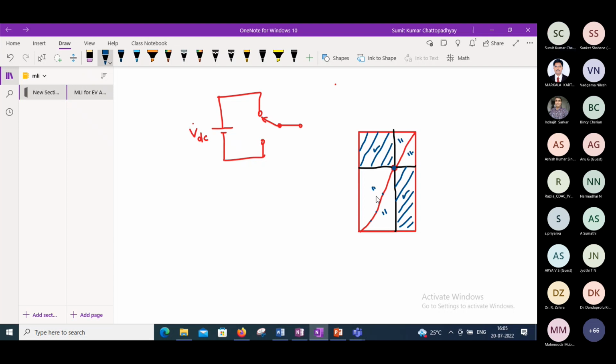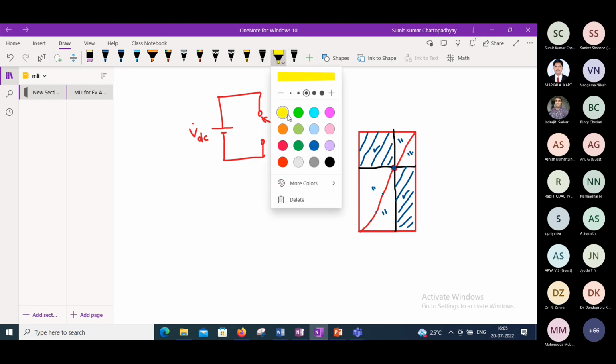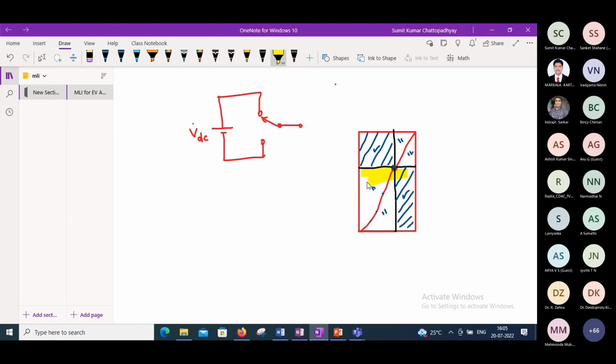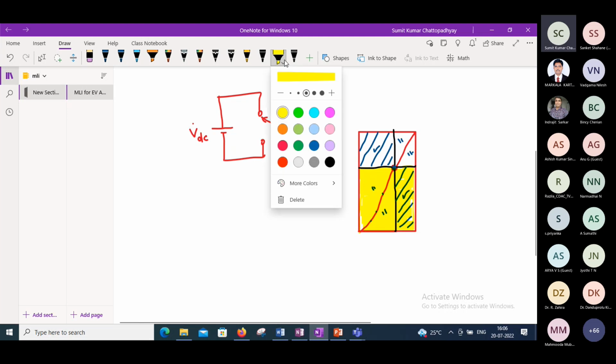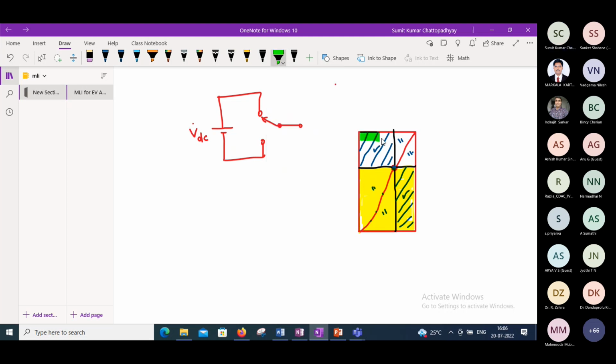So these 2 areas are same, from which we can say that this shaded area will be same with this shaded area is going to be same with just 1 minute. Sorry, sir. This area, right?